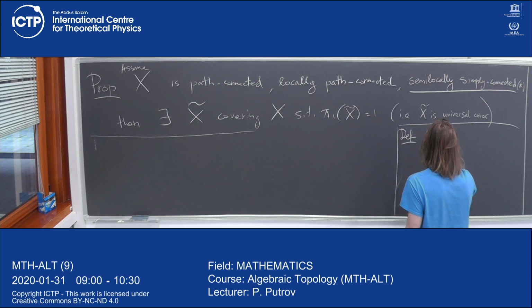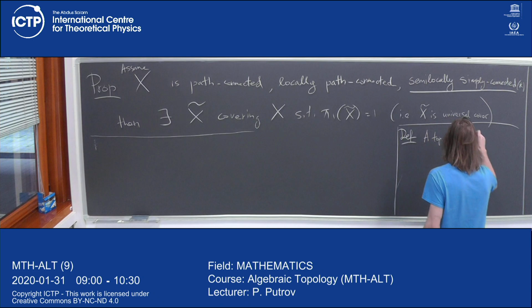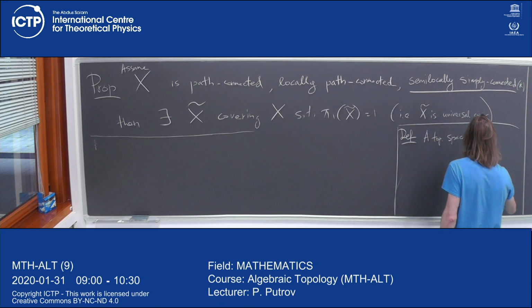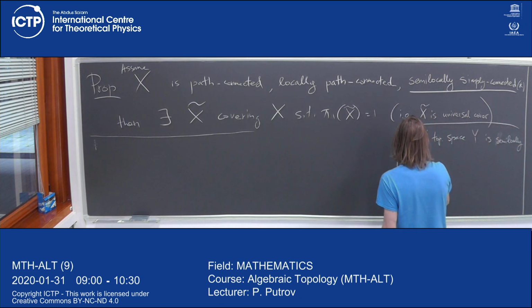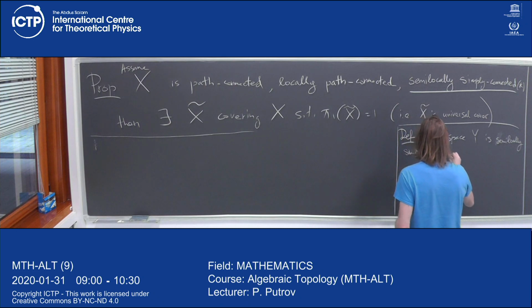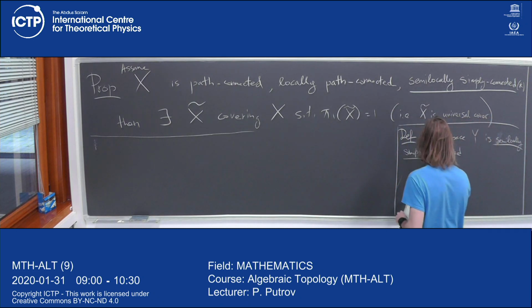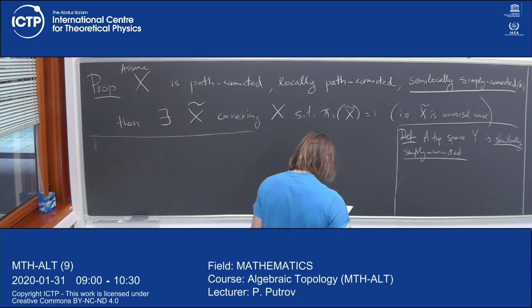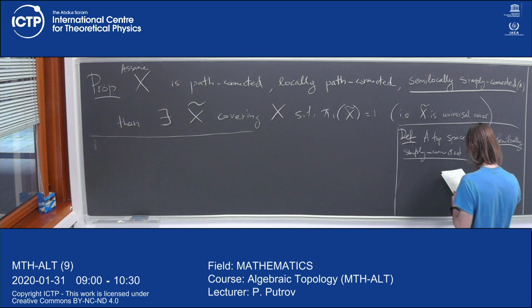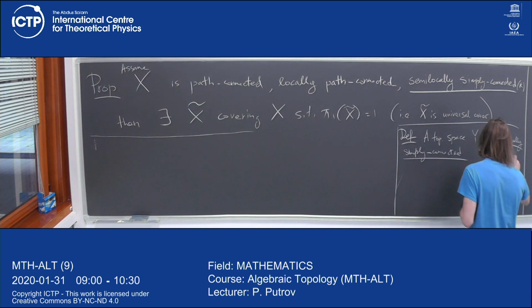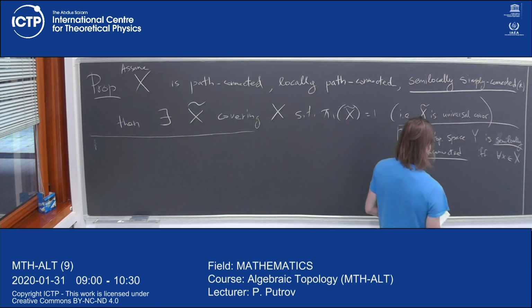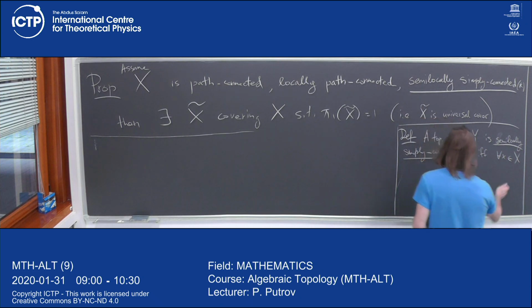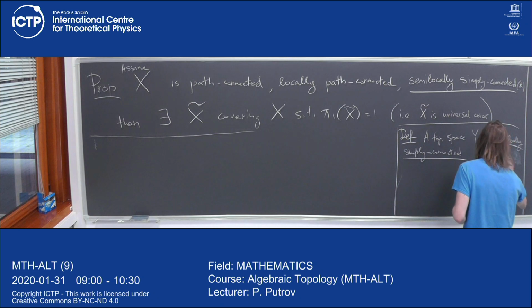From the topological space, let's say Y is semi-locally simply connected if, for any point, it's a local property, a property about neighborhoods of any point. If for any point in Y,